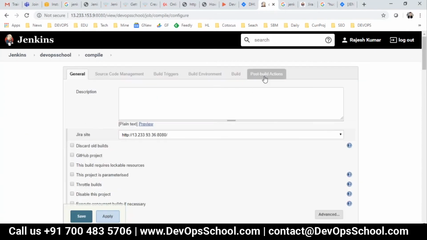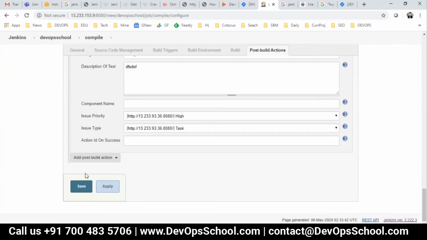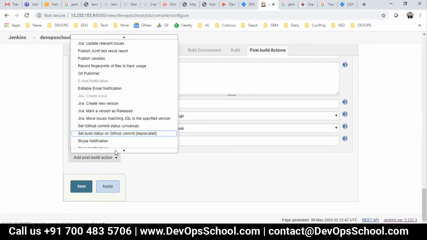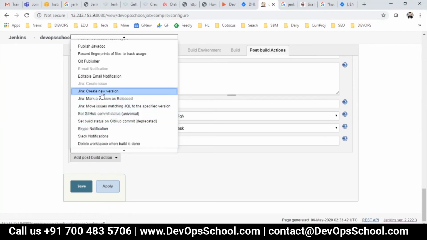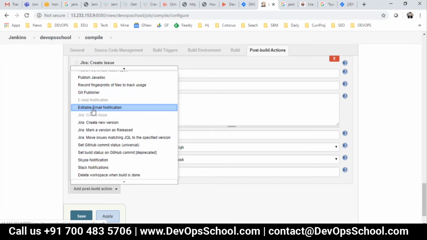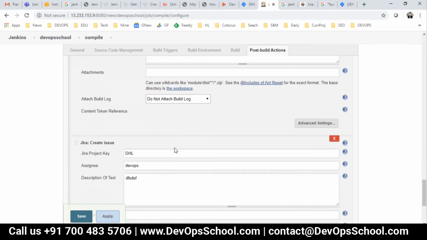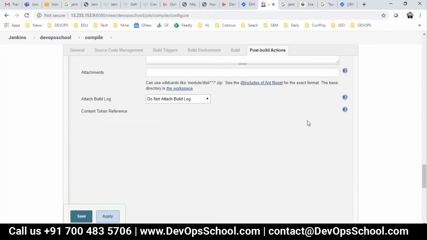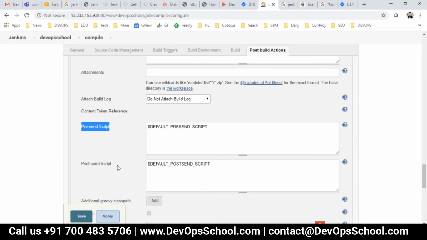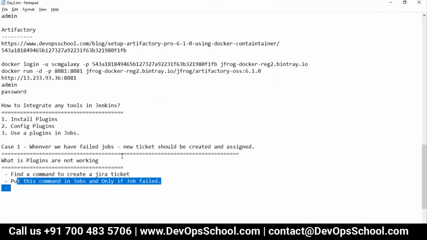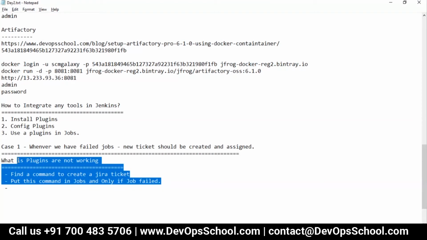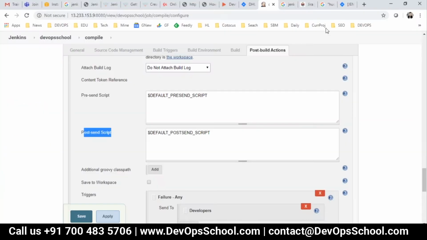You can go and check the post script in the editable build section. I showed you yesterday in the advanced options: prescript, postscript. In that case, it will create a ticket based on the failure.